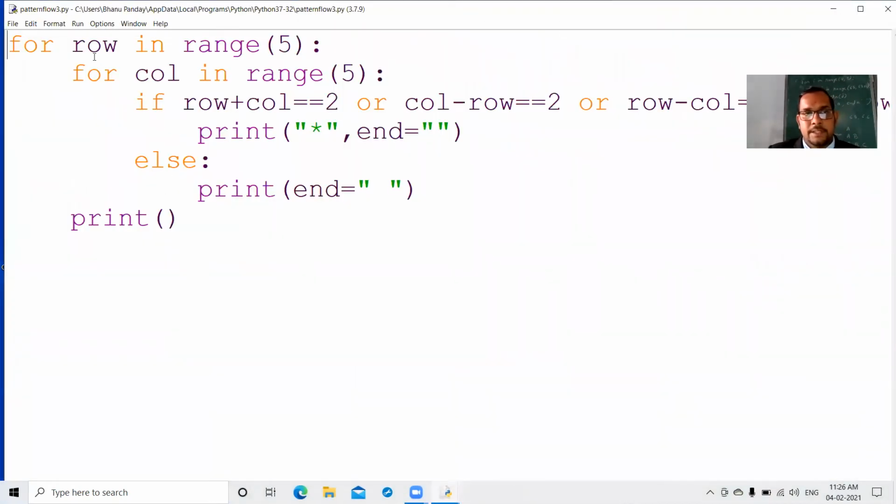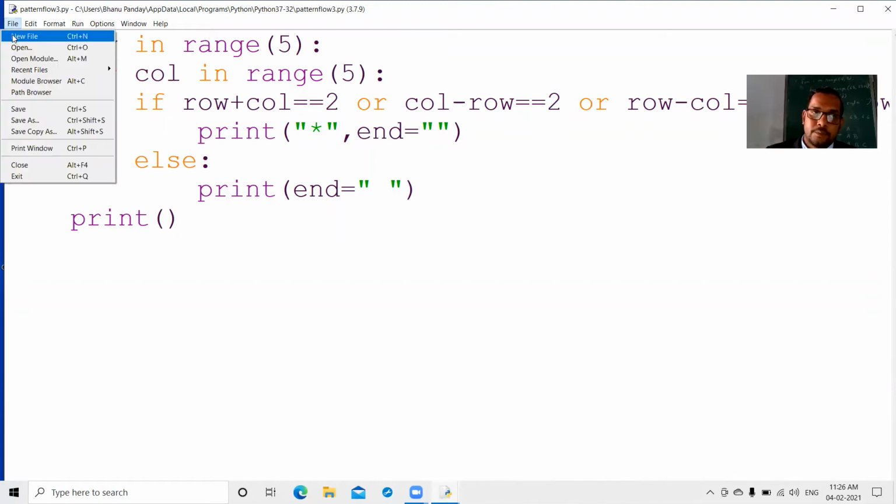In the previous example I explained row and column. Look at this, both are different. Row and column, both are different. Yes, sir. So similarly in this example, in this program,